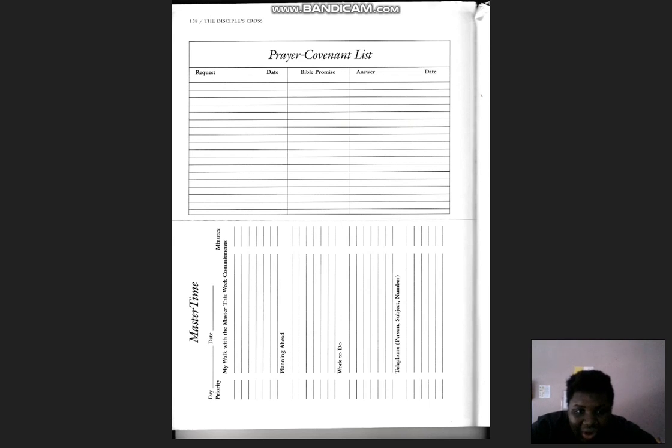At the top, you are going to write what you want from God. Then you are going to write the date what you want it. Be specific. Then as you read the Bible and study, if you come across a Bible verse that shows it, then you are going to say, well, this Bible verse matches what I want. You write it there. Then there's a tornado outside. We might need to move. You are going to, the day you got your prayer answered,